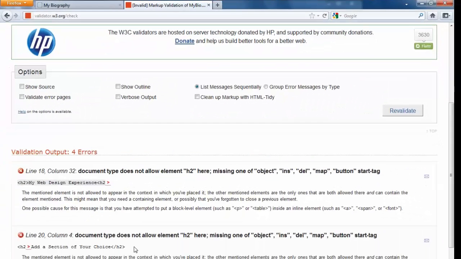And then you're going to see this document type does not allow, blah, blah, blah. You're going to see this different stuff here. And basically, it says it's line 18, and it highlights the tag there. So it's actually right here. Hopefully, by this point, you realize what you did wrong and you forgot to close it. If you don't, look at the other tags